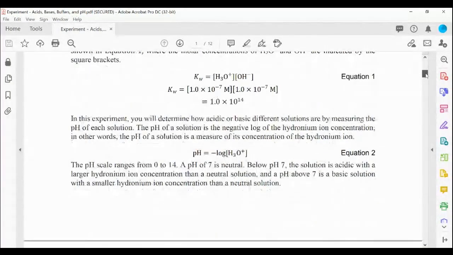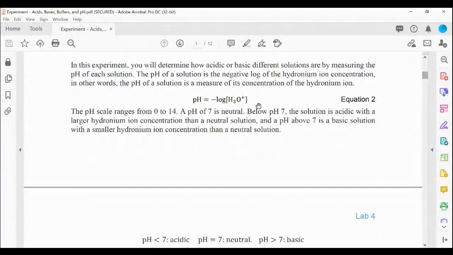We will go over that. So with this equation 1, the constant is always going to be, at 25 Celsius, the Kw of water, 1.0 times 10 to the minus 14. That means that if you know the concentration of hydronium, you can calculate the concentration of hydroxide. As I said, we will go over that in the practice problems. And then it comes,